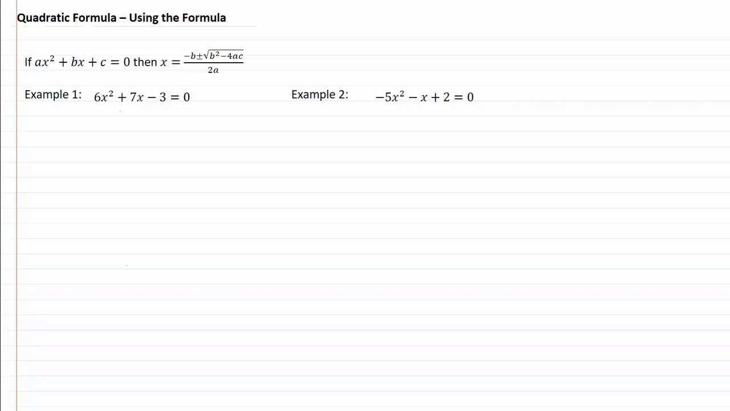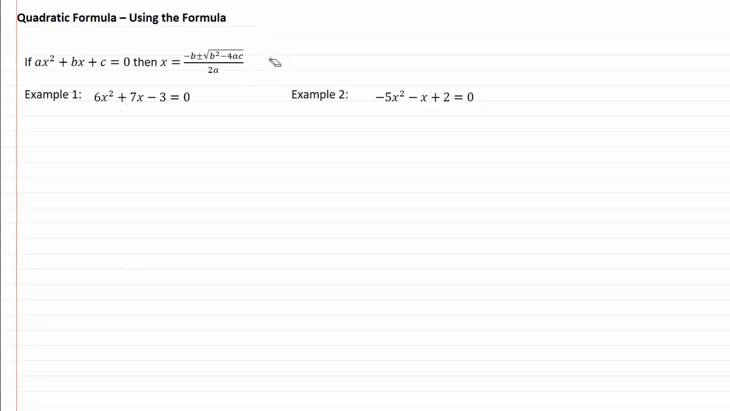Solving a quadratic using the formula. If ax squared plus bx plus c equals 0, then x equals negative b plus or minus the square root of b squared minus 4ac all over 2a. I recommend that you write down this formula and put it in front of you so that you are able to use it